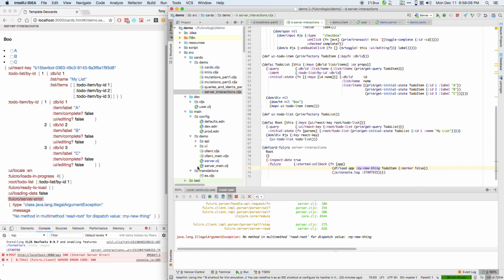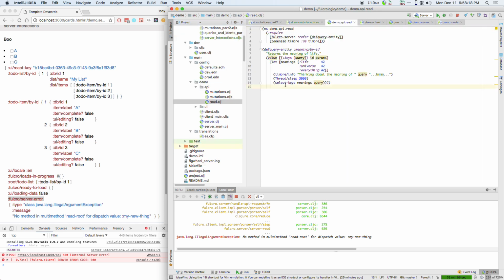So let's go over to the server here, and this API folder, source main demo API read CLJ, is where it suggested you define your reads. And we're trying to define a query that goes against the idea of the root node. We don't have a specific entity. Well, we could go with respect to an entity, but I'm going to start with just the root, and I'm just going to assume that the server only knows about one to-do list. So I'm going to have it understand how to